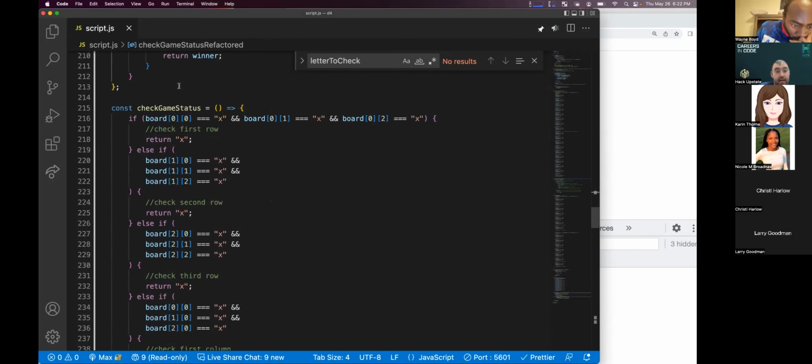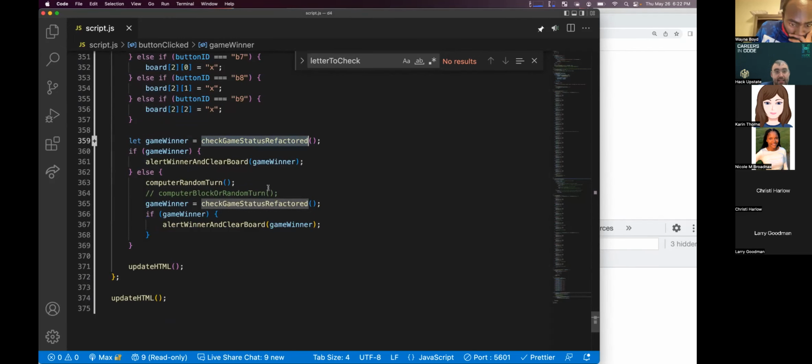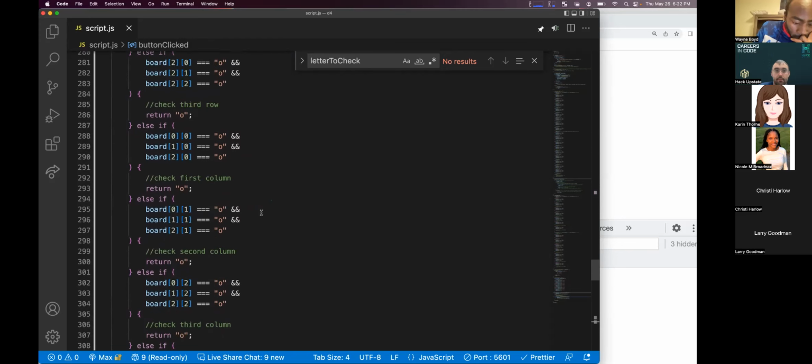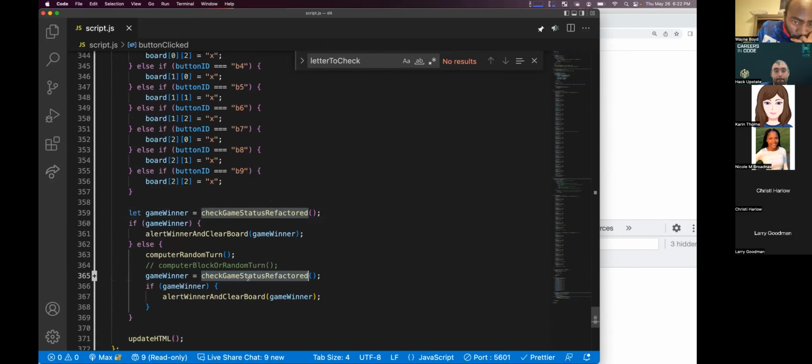And then down in our on click, instead of calling check game status in both of these places, we just call check game status refactored. That is under button clicked and there should be two of them, before and after the button.